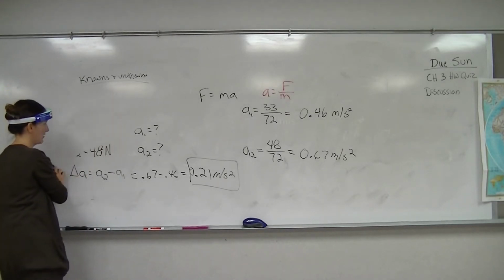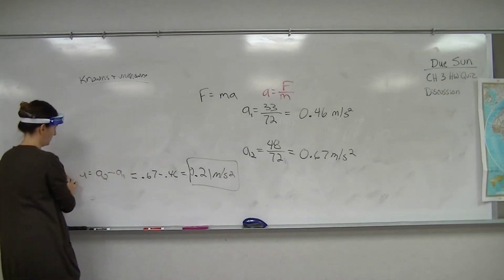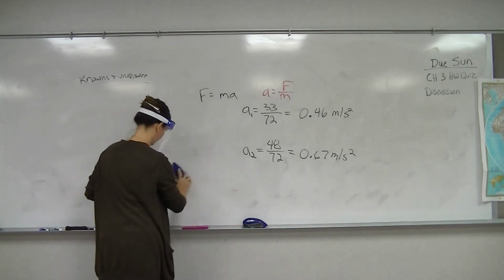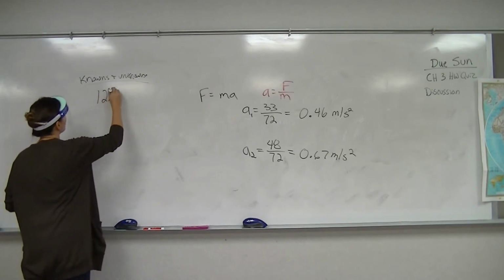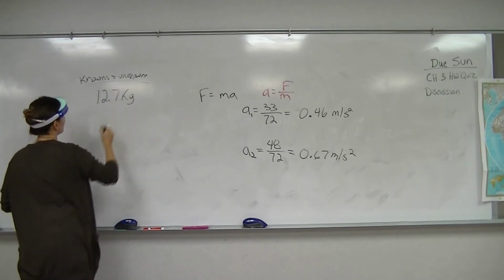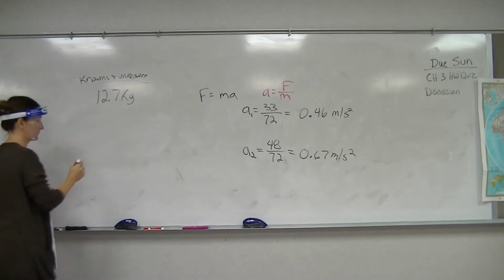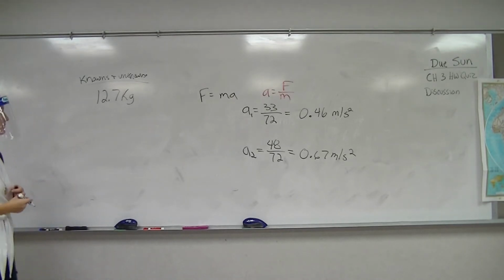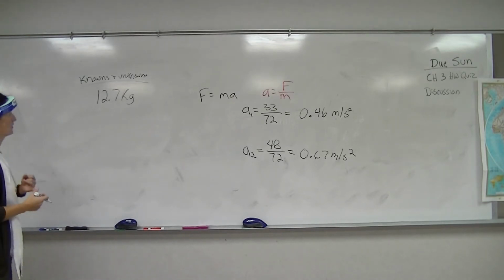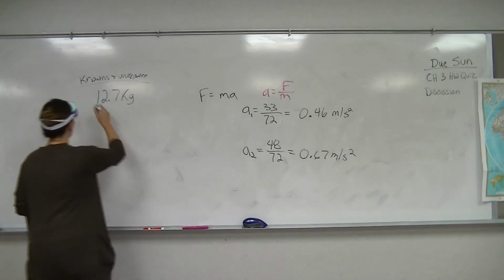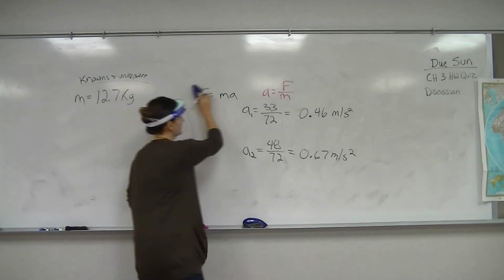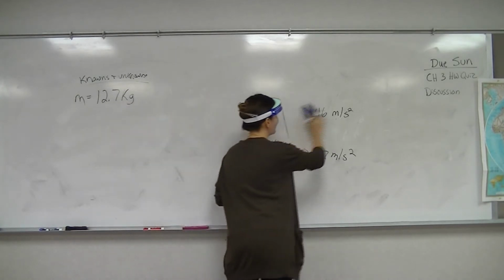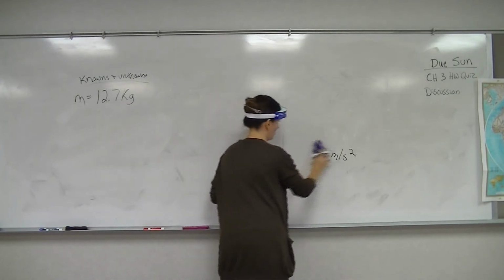What is number 6 about? Someone read it. What is the weight of a 12.7 kilogram bicycle on Earth at sea level? How does the weight of the bike change on the moon? Okay. So we're given the mass of a bicycle, 12.7 kilograms, and the question asks what is its weight on Earth